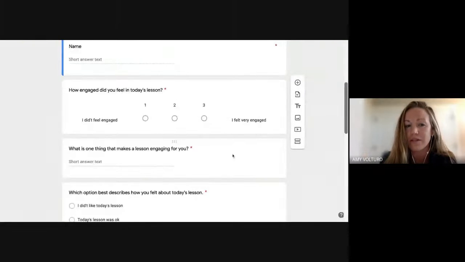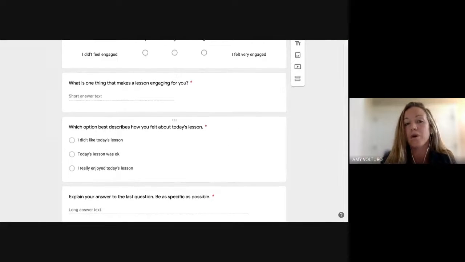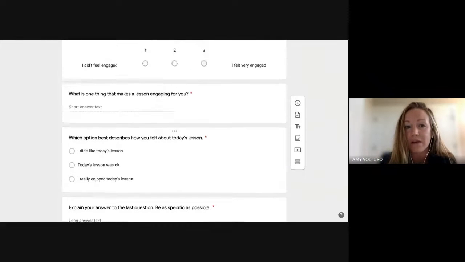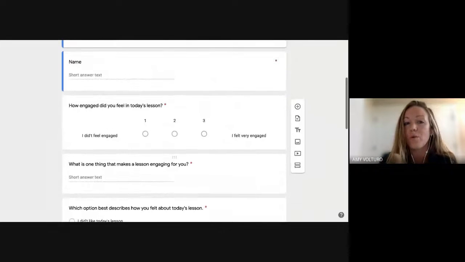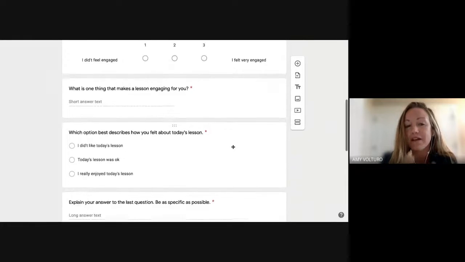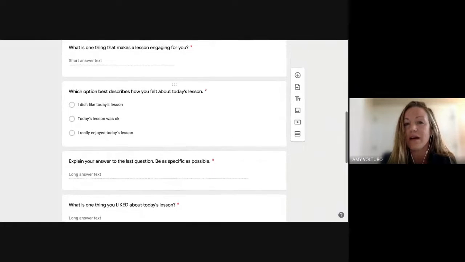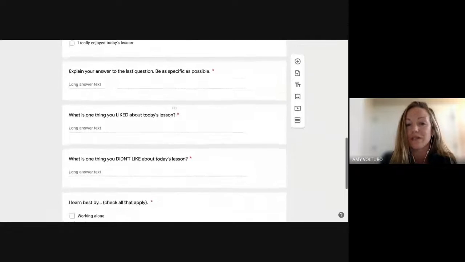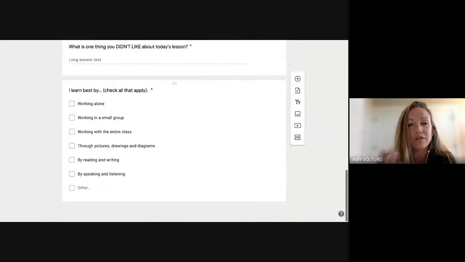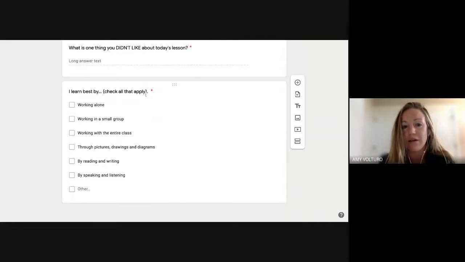So there's different types of feedback you can get from your students. And one is just asking them straight up, what did they like about the lesson? Were they engaged? Why? What didn't they like? How they felt about it. And this can just give you feedback on what's resonating with your students, what's not, what they really enjoyed, and really get to know them at a deeper level so you can plan your lessons out in the future with